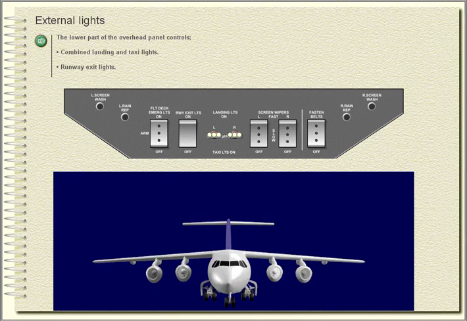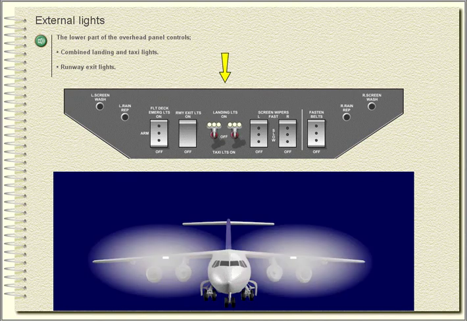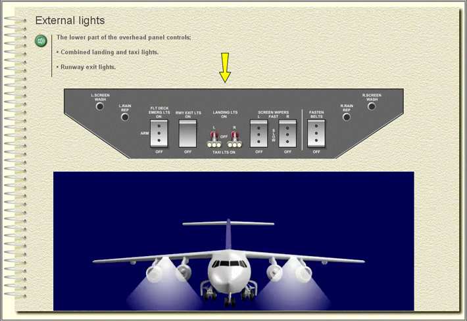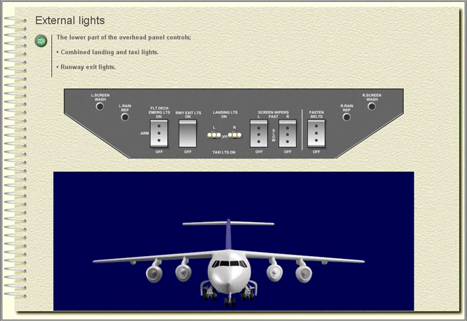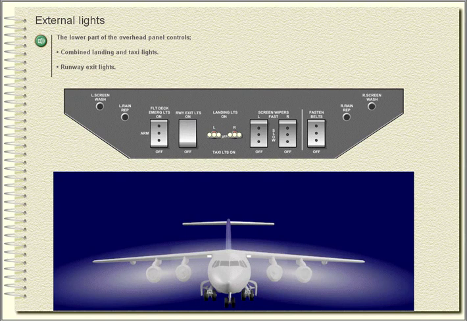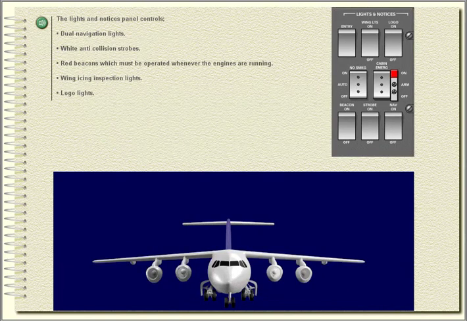External lights. The lower part of the overhead panel controls combined landing and taxi lights, runway exit lights, the lights and notices panel controls dual navigation lights,